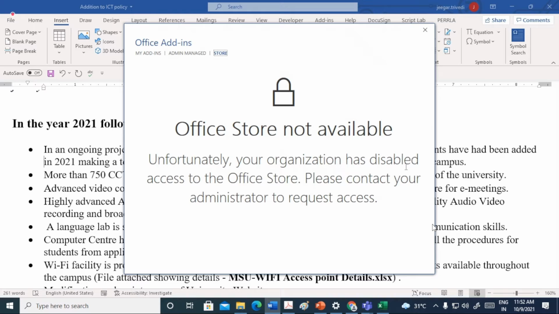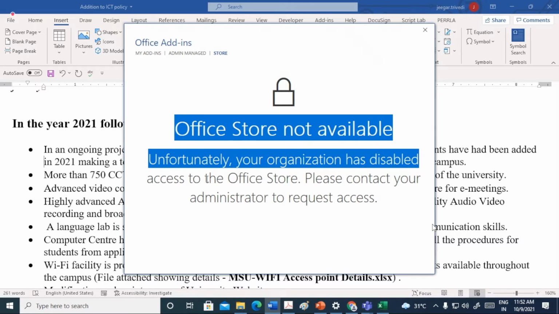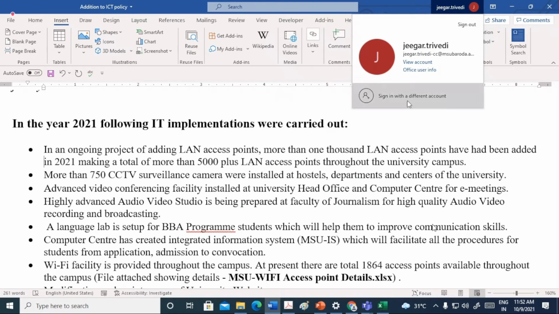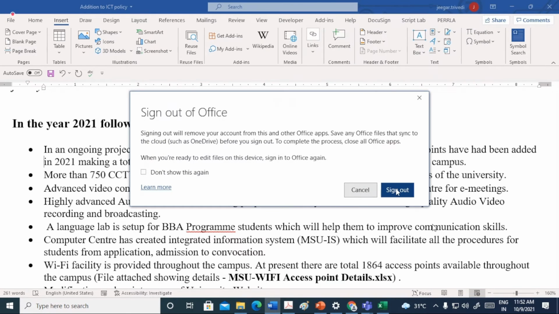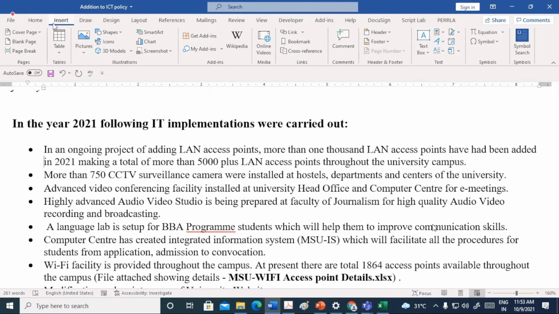okay, so there is some problem with my work account, so it will give such message like, unfortunately your organization has disabled access to the Office store, please contact your administrator. Now if this message also comes in your screen, there is one simple solution, just sign out of the document. Okay, I'll just sign out from this. Once again I will go to the insert menu, go to get add-ins,